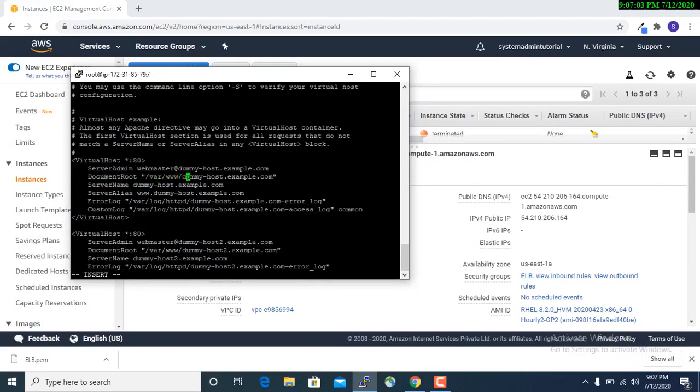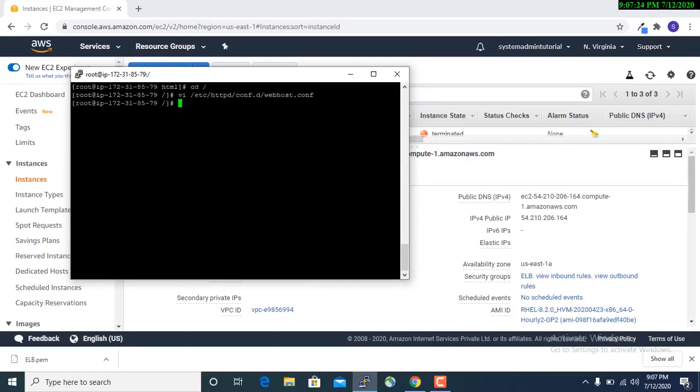You can press the tab key so that it will automatically complete the name. Here you see the total configuration file is there. So first you identify the virtual host container, the first container. Inside that, in the document root, there is something different you can see.